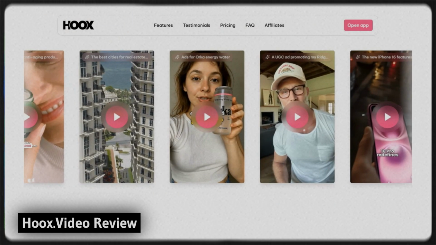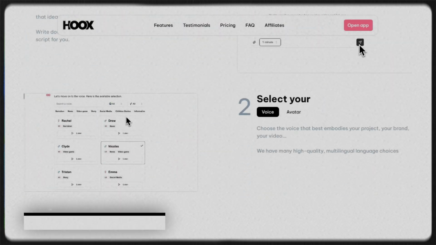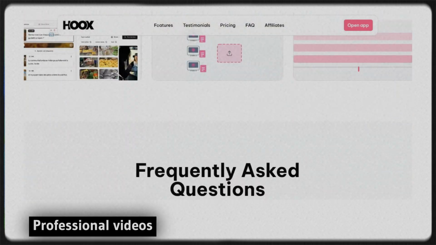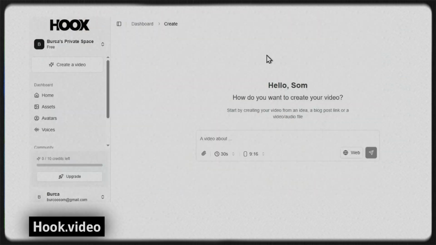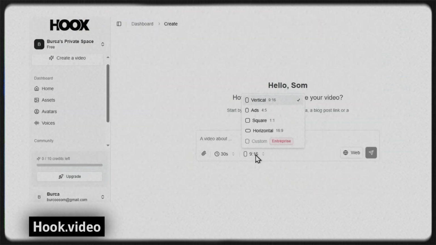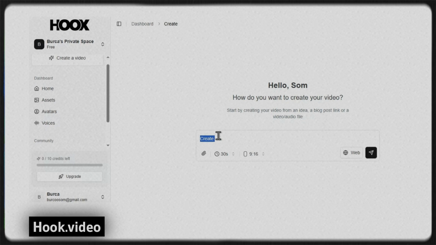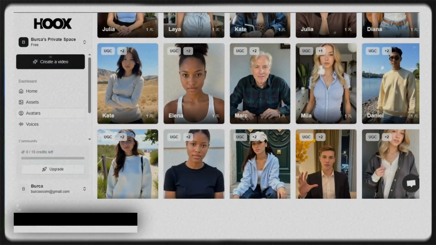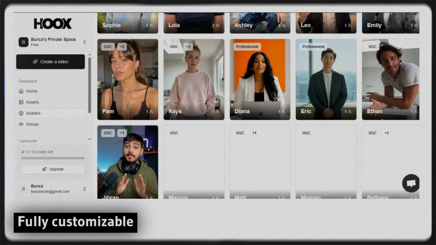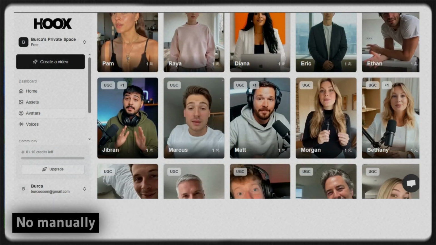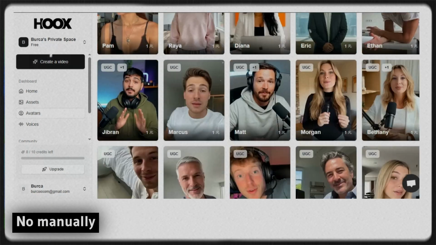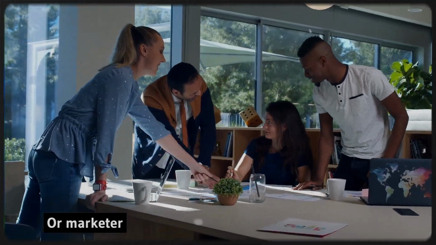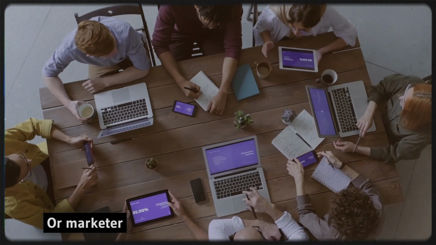free AI tools. Today, we're diving into Hoox, an amazing AI video creation platform that lets you create professional videos in just a few clicks. Hoox Video is an all-in-one platform where you can generate videos using AI, complete with avatars, voiceovers, and fully customizable scripts. It takes care of everything from scripting to final video editing, so you don't have to spend hours manually creating content. Whether you're a content creator, marketer, or just curious about AI videos, this tool is definitely